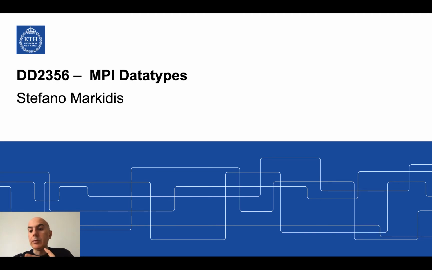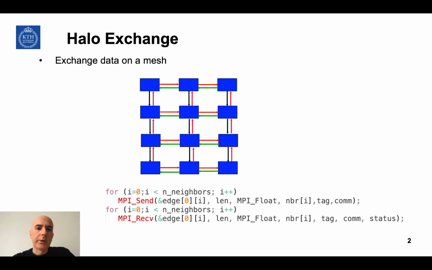I will let you then look in more detail in the textbook to see how to technically use this in application. But I want you to follow me and understand what are the major motivations for using data types in MPI. So in application, one of the most common communication patterns is the so-called halo exchange, also called a ghost